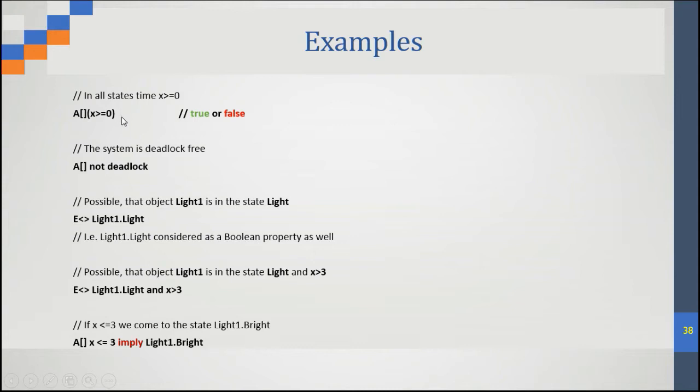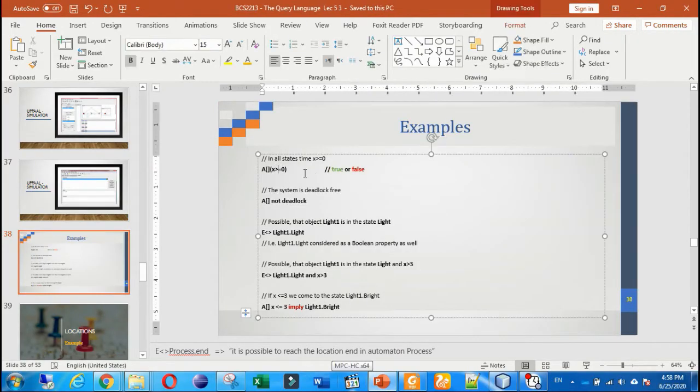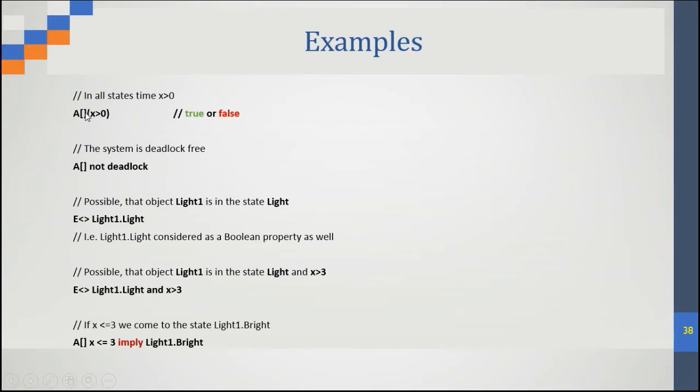So for example, if you want to write this query, first, what does this query mean? Here we ask about the value of X. Is it greater than 0? But what do these two symbols mean? That means all the time, in all states. So is the value of X greater than 0 at all times in all states? Because as you know, these quantifiers mean always, in all states. So what do you think the result of this